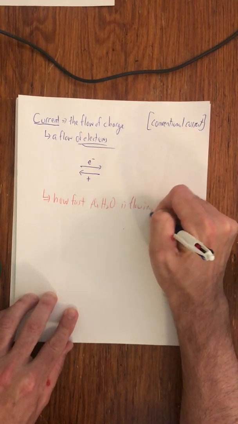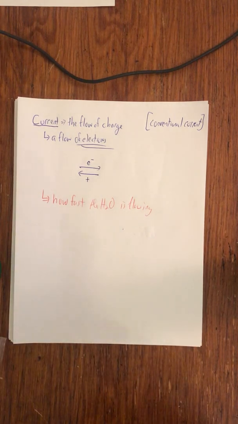Right? Or how fast the electrons are moving. Here's the problem with that. How many electrons do you think are flowing? And if you said to yourself a lot, you're right. If you said to yourself millions, you're wrong. If you said to yourself billions, you're wrong. Moles upon moles, like a billion times a billion times a billion electrons are actually flowing with even the smallest